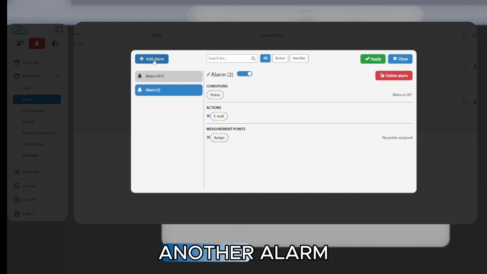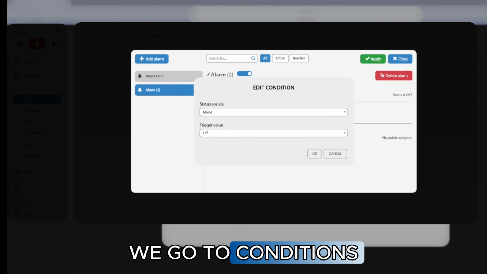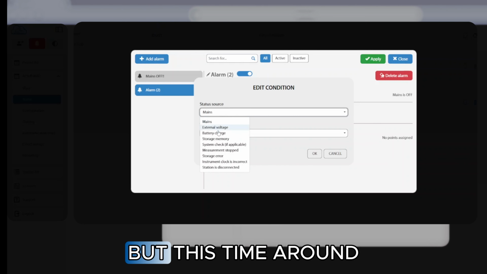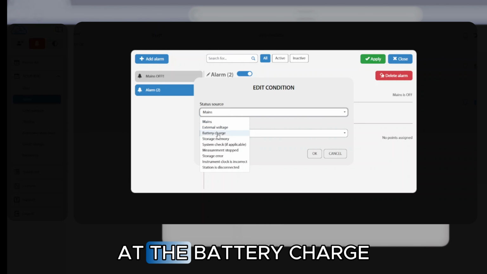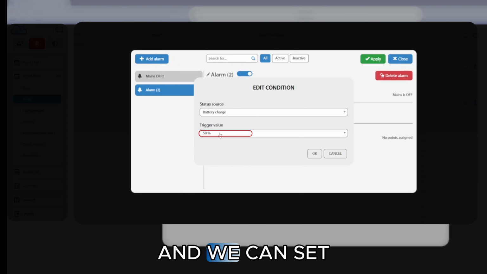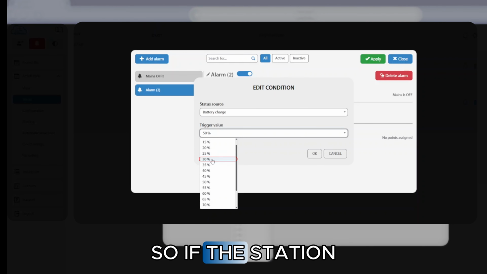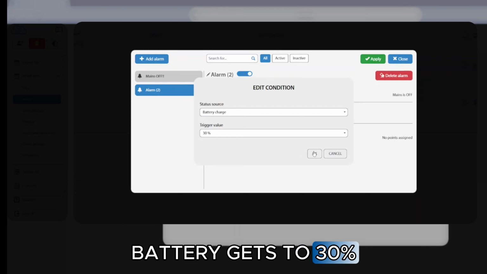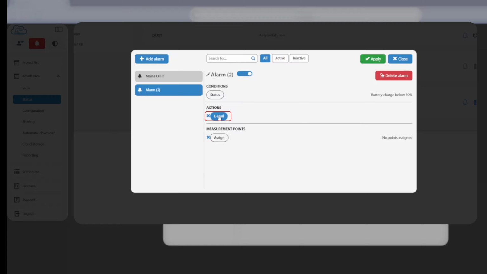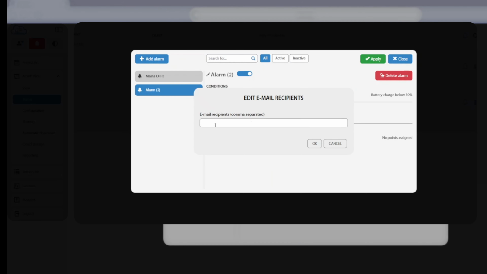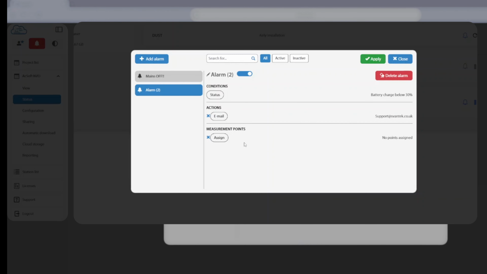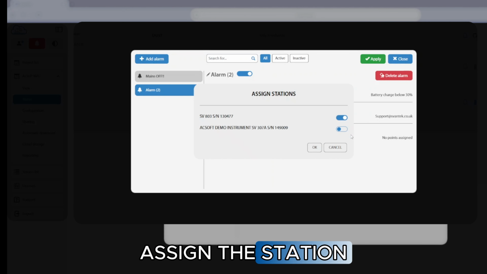We're going to add another alarm. We go to conditions, source, but this time around we're going to look at the battery charge, and we can set any trigger value that we want. So if the station battery gets to 30%, and then we just add the recipient's name. Assign the station,